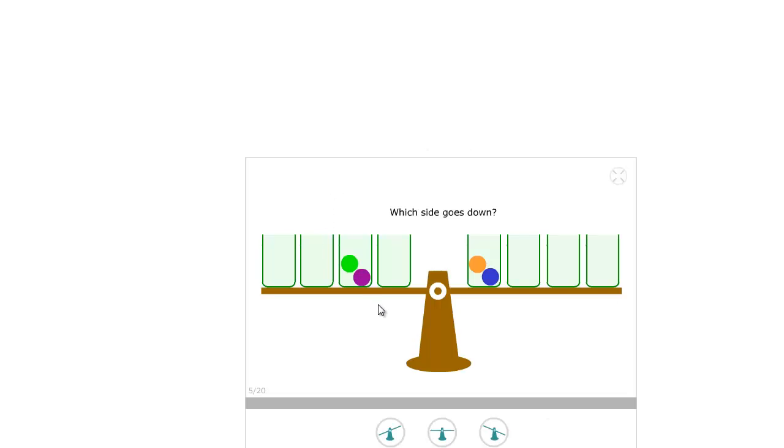Okay, let's do one more. A Rule 1 user would only look at the weights, 2 on this side, 2 on this side, and then predict that it stays balanced. A Rule 2 user would take the distance into account as well, and in this case, they would predict that it goes down like this, to the left. A Rule 3 user would get this one correct as well, and Rule 4 users always get them correct.